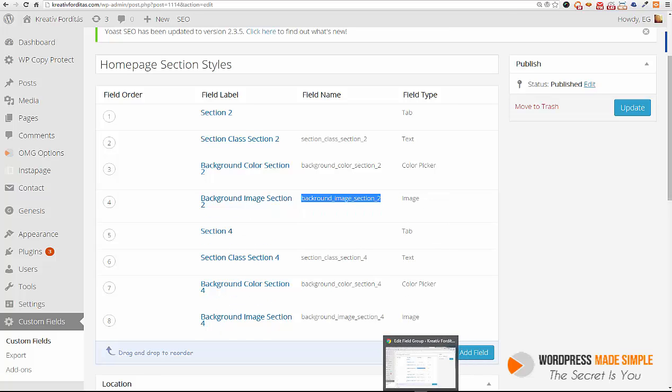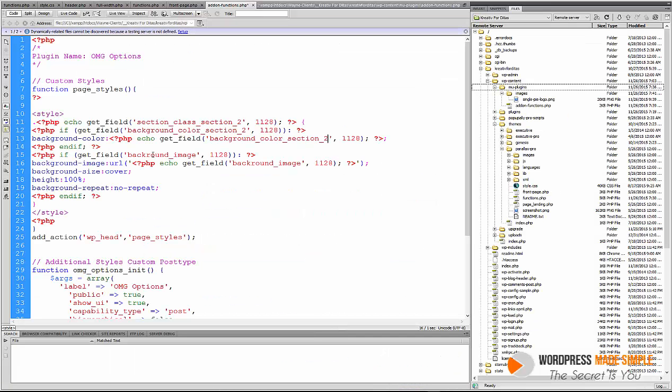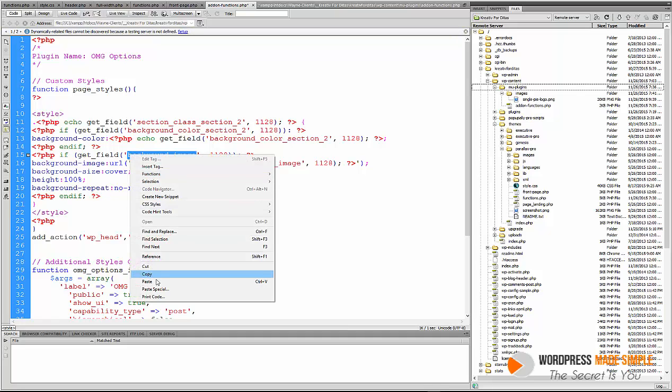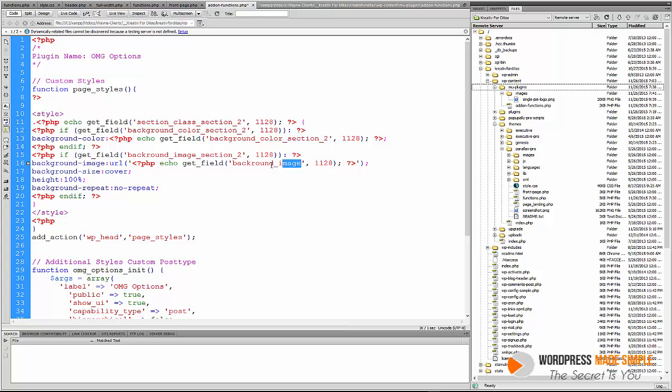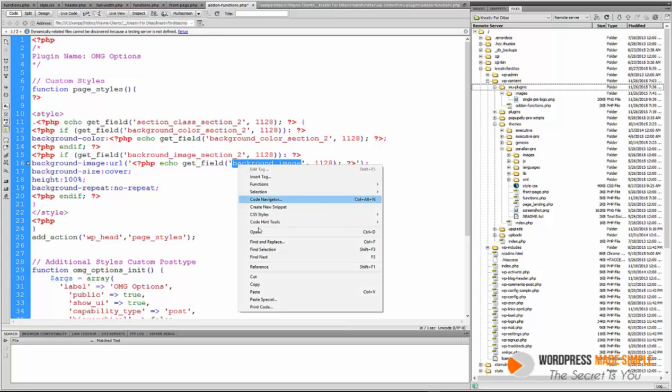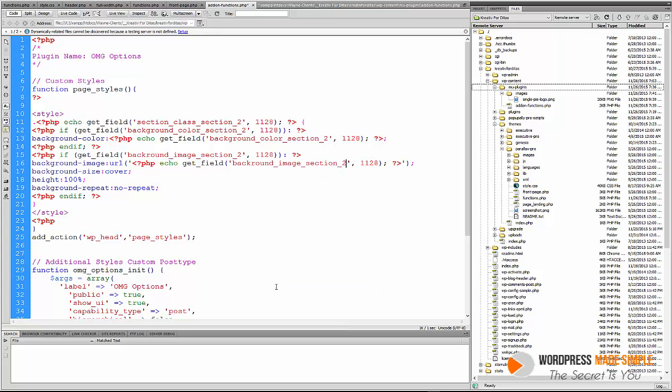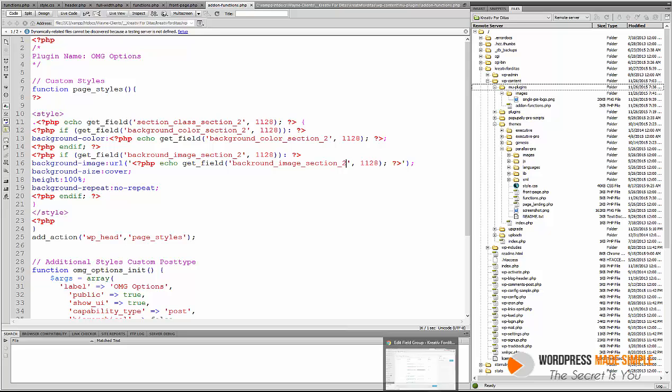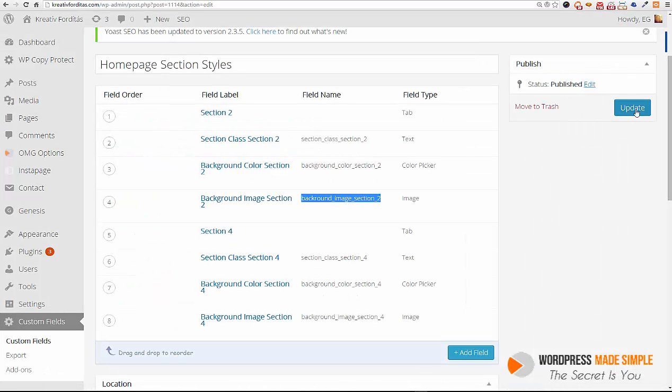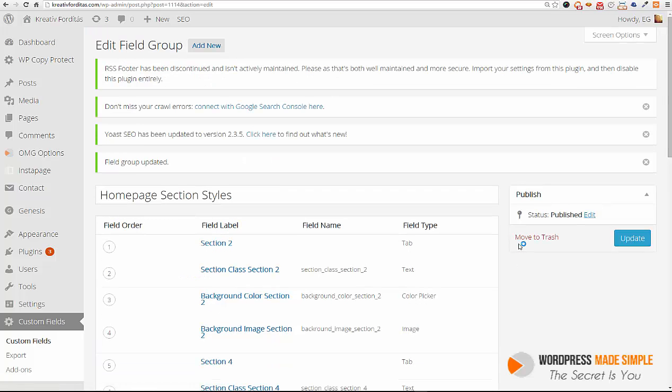Copy. And then paste those in right there. Here we go. All right, so let's save this, and we have that in place. So that's all set up. And then let's update this. I think I already did, but it's okay. We'll do it again. Now let's go look at our options